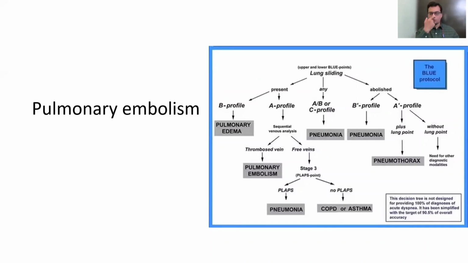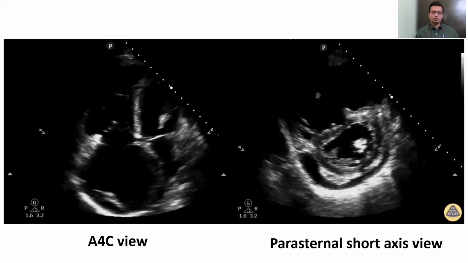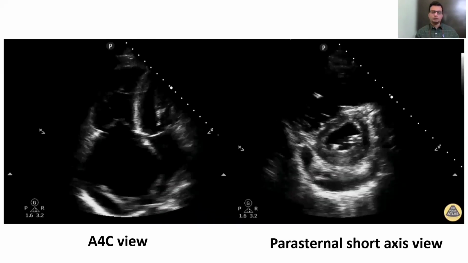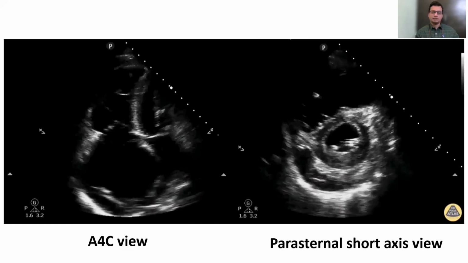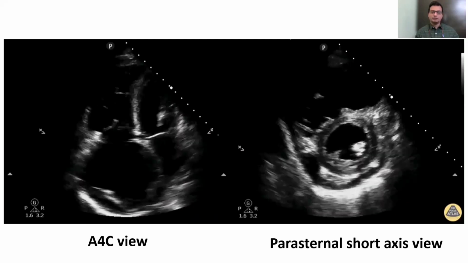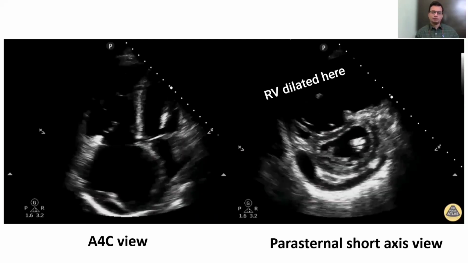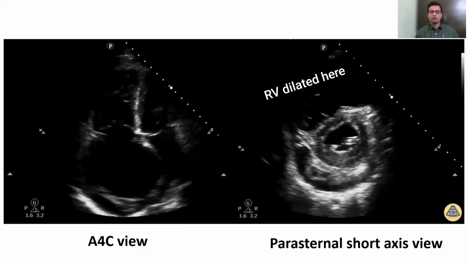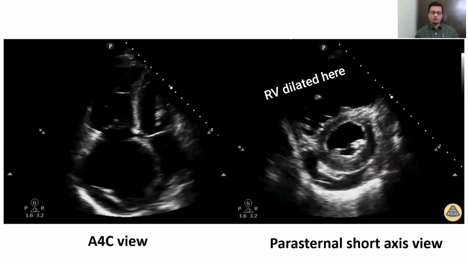Now, the second cause of obstructive shock is pulmonary embolism. Assessment of the right ventricle is very important to find out pulmonary embolism, which increases the pressure in the right ventricle, and then the right ventricle gets dilated. So in a crashing patient, if we find right ventricular dilatation on echocardiography, that could be an indirect sign of pulmonary embolism. Now, two echo views are commonly used for this purpose: the apical four-chamber view and the